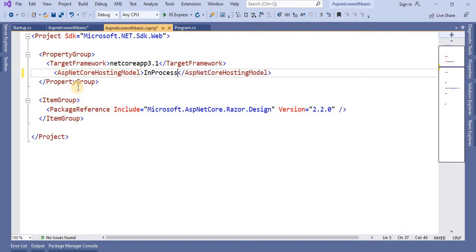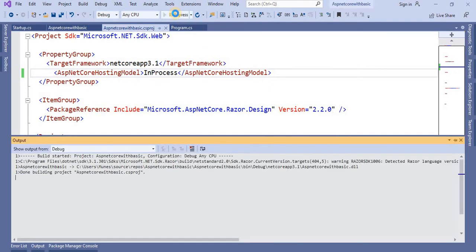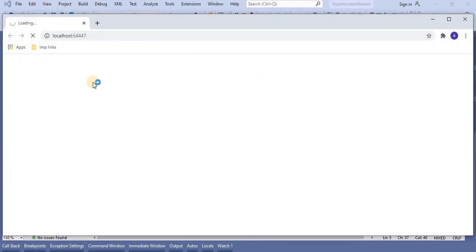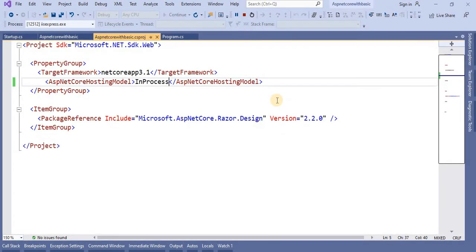We are using the in process hosting module. So in this case also it will return IIS Express. We can see the process name is IIS Express.